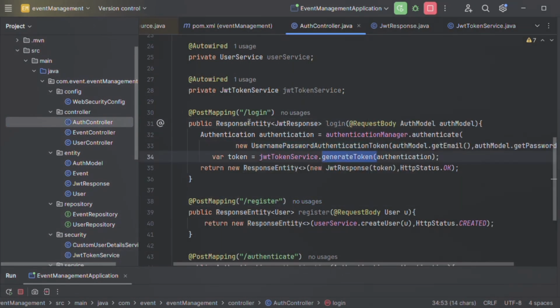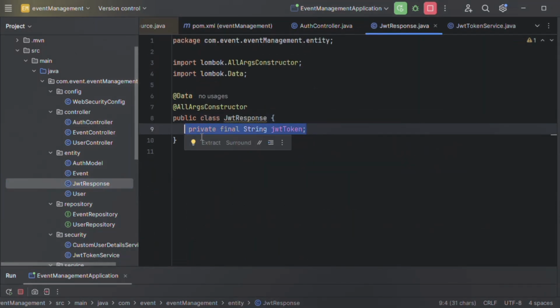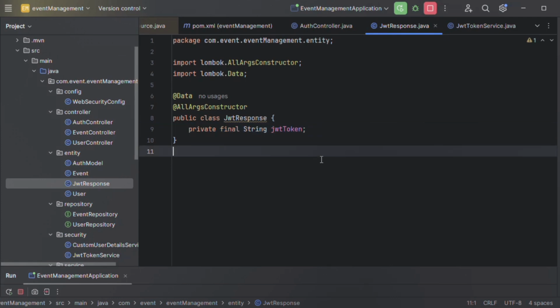Inside this login auth controller, we just call that generate token. Here we have created a separate class for the JWT response, which contains only one method, JWT token, and it will return the token.